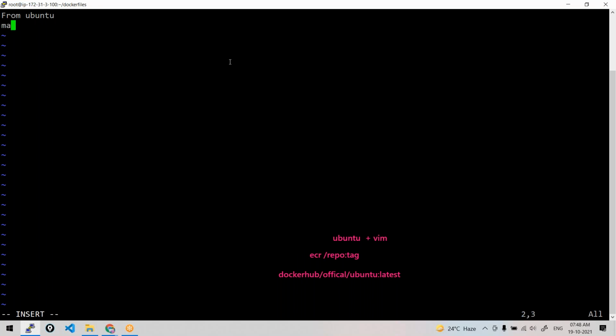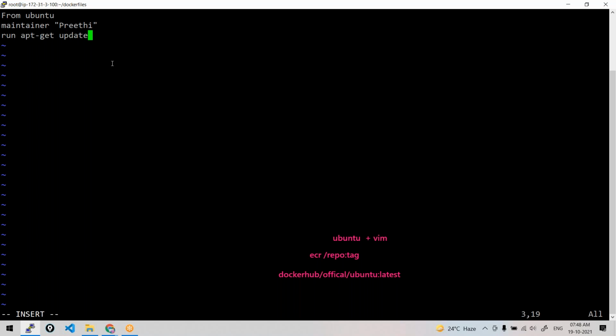Then this is optional, an author name if you want, who created it. And then whatever instructions you want to run during the creation or during the build of the image come under the RUN command. During the creation, whatever commands you want to run will go under the RUN instruction of your Dockerfile. Like I want to first do apt-get update.